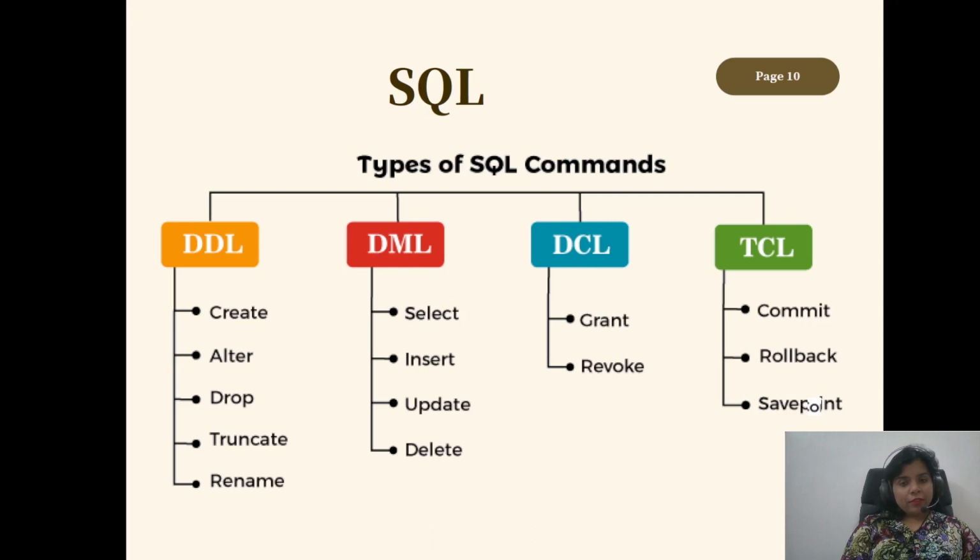We could even drop a table or truncate a table, wherein truncate means removing all the rows from a table, and dropping means deleting a table as well as its schema together with it. So with both truncate and drop, we will not be able to recover the database tables, and we could even rename an existing table. All these are part of data definition language. And we have data manipulation language,